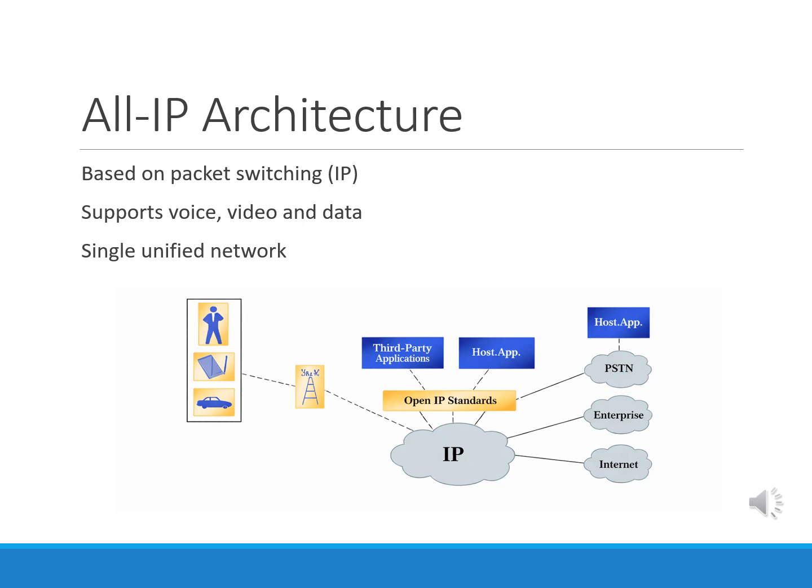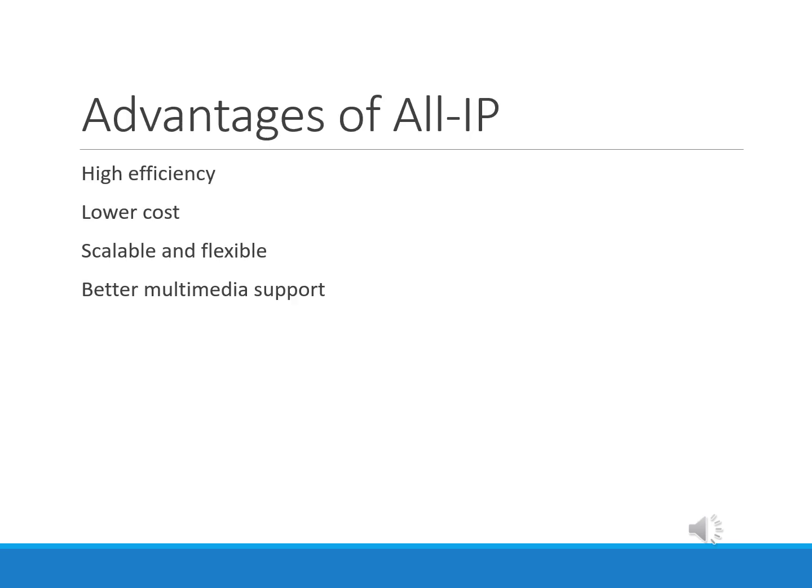This diagram shows how modern networks work. Step by step, the user connects to the network. Data is sent as packets. Everything goes through the IP cloud. It connects to the internet, enterprise networks, and PSTN, with no dedicated path. Resources are shared efficiently. The advantages of all IP architecture are high efficiency, lower cost, better performance, multimedia support, scalability